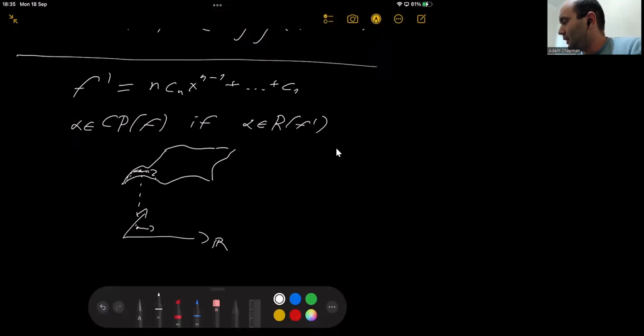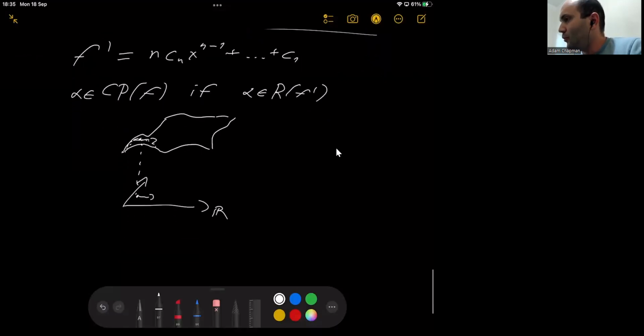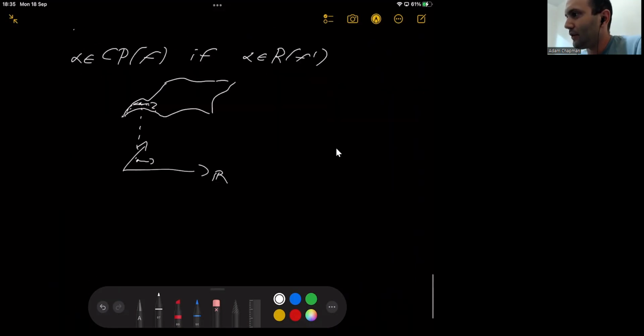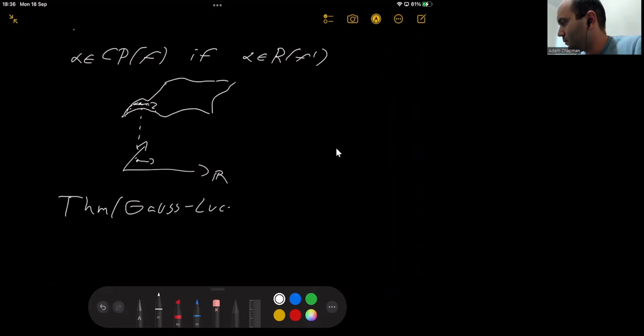And there are several different theorems about critical points, and we address several different theorems in our paper, but here I'm going to just focus on one of them because I think it's enough for one talk, the Gauss-Lucas theorem. So what is the Gauss-Lucas theorem? Gauss. So it says that